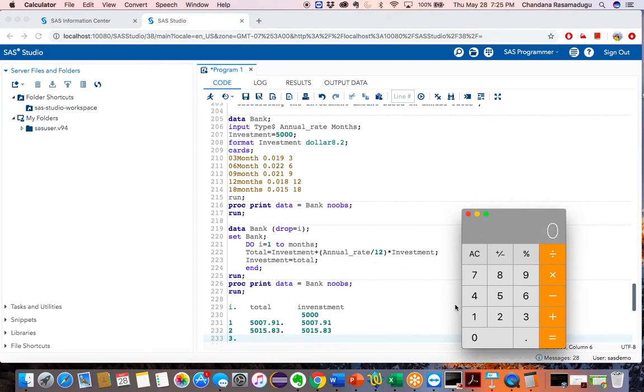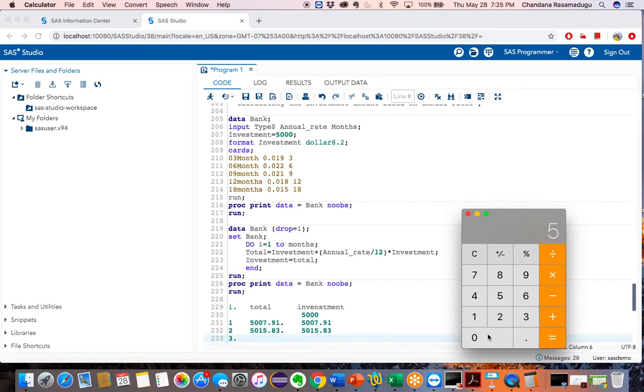What is the annual rate? 0.019 is my annual rate divided by 12, equal to, multiply that with new investment. What is my new investment? 5015.83 is my new investment, equal to, now add this with investment.